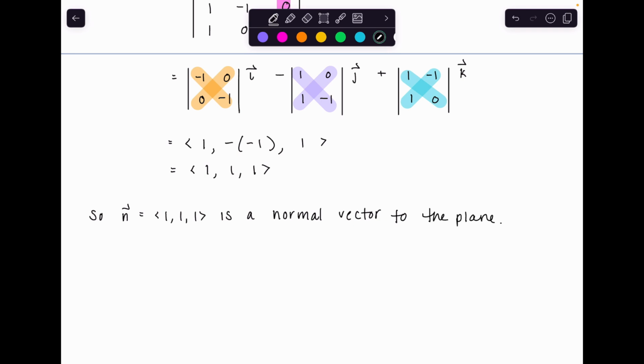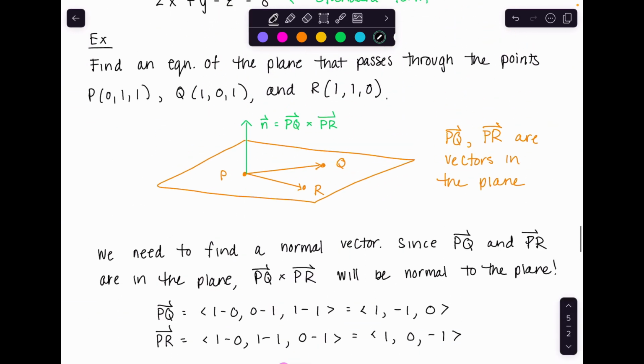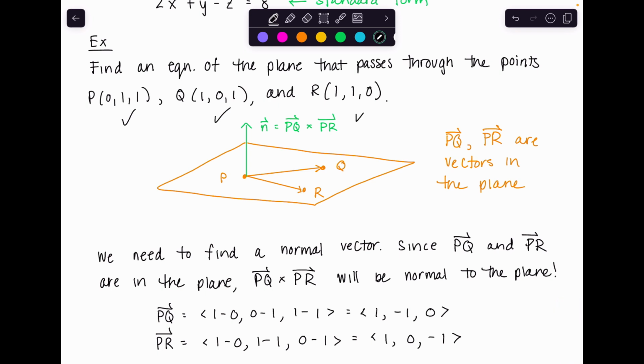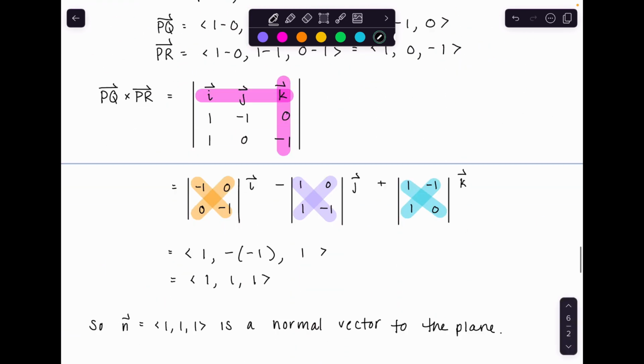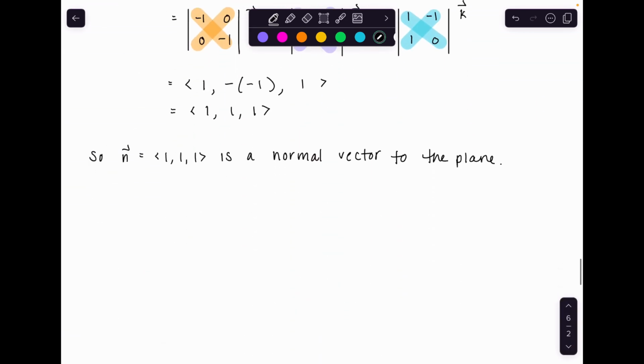So we have a normal vector, and we have 3 different points that this plane passes through. Use any one of these 3; it will get you to the same thing. It is natural to just use the first point. So n is a vector that's orthogonal to the plane, and a point it passes through, just to have it down in the same area, is P, which is 0, 1, 1. Okay? So the equation of the plane